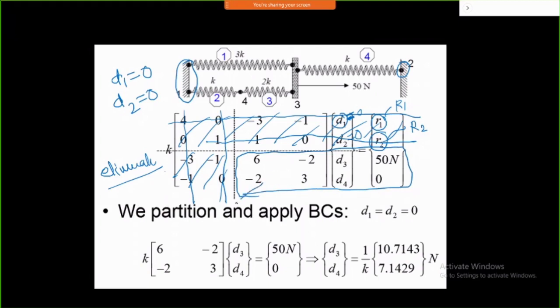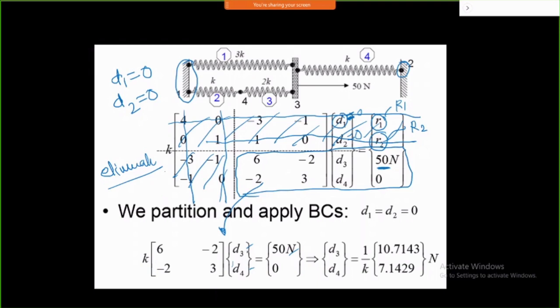So we'll take these equations below, and here force is applied on node number 3. So we will include 50 Newton as a force on node number 3. That is what will be included in the third row. So now in this equation you can see 6, minus 2, minus 3, 3 and so on. Here I will get the 3 and 4 displacements. I can now solve these equations by a simple Cramer's rule or something. I need not go for very complicated techniques, that is Gauss elimination or Seidel.